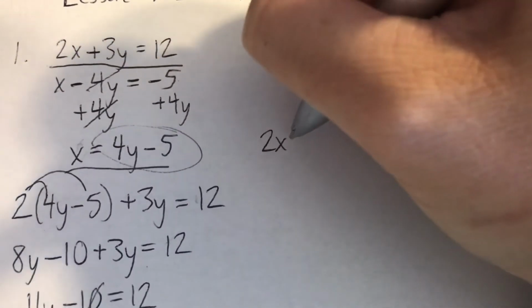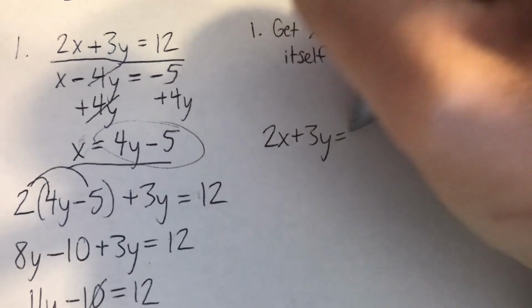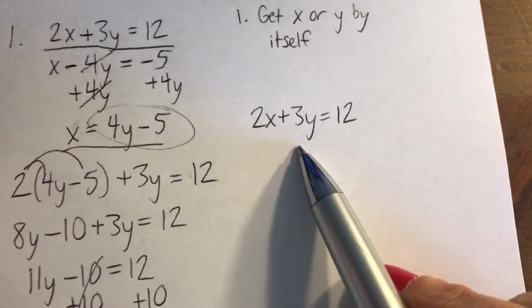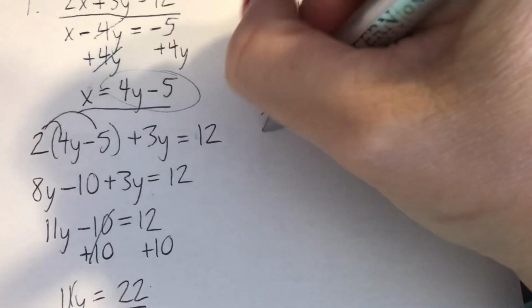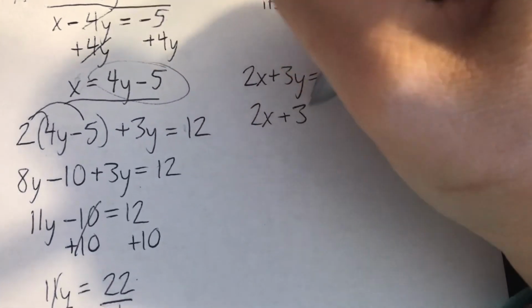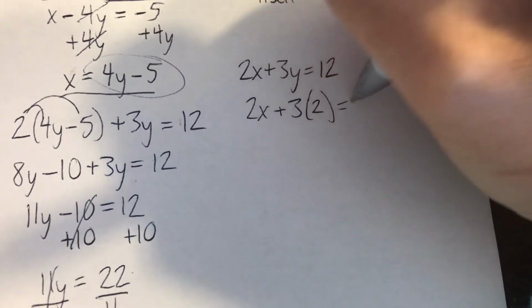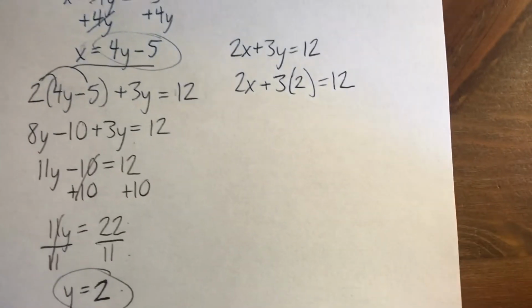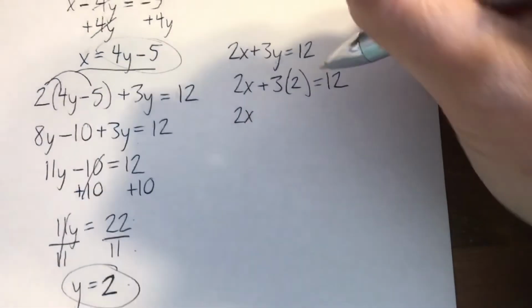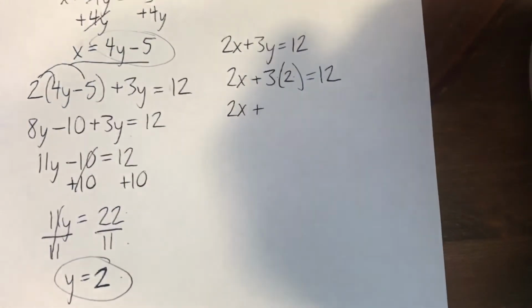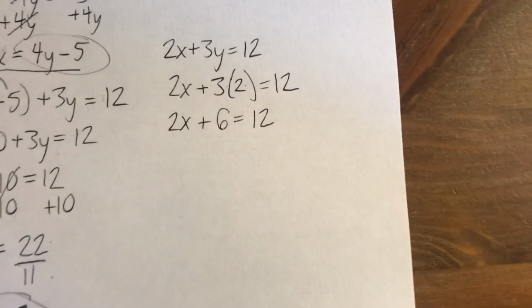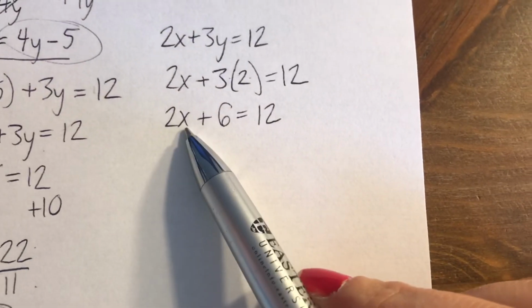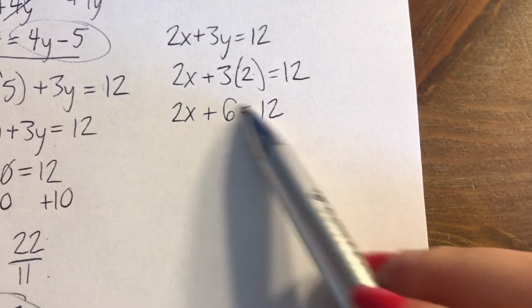So I've got 2x plus 3y equals 12. Well, I know that y equals 2, so now I'm going to write 2x plus 3 times 2 equals 12. And then I have 2x. 3 times 2 is 6. Now I want to get x by itself. So I'm going to subtract